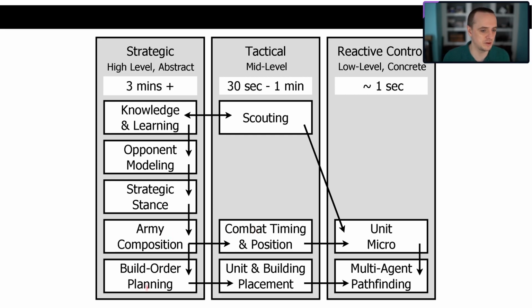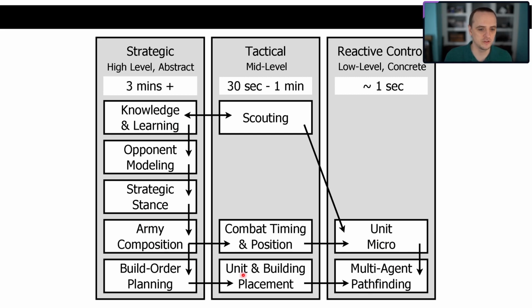So once I've gotten my build order, right, then I'm going to have to actually do battle with my opponent. So I'm going to figure out when am I going to attack? When am I going to defend? I've also got to figure out where am I going to place these bunkers, these turrets? Where am I going to place these buildings, right? In order to actually carry out the attack, carry out the building placement, I have to be able to micro my units. I have to be able to move them around the map, and I have to be able to do some sort of pathfinding, right? In order to say, okay, if I place my units here, then I won't be able to leave my base, or I won't be able to attack my opponent so fast.